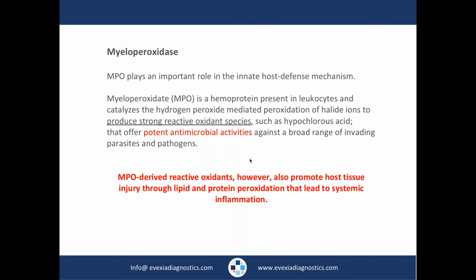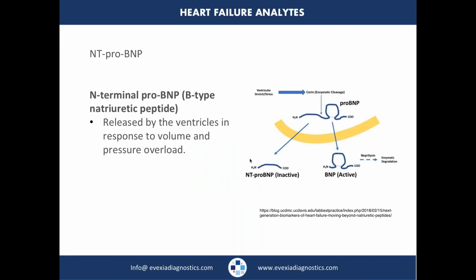So that's another marker of that as well. A marker that's also on the panels is NT-proBNP. That's N-terminal pro BNP, B-type natriuretic peptide. That is a peptide that is released by the ventricles. If there's a lot of pressure in the ventricles going on, or overload, this particular marker is going to be